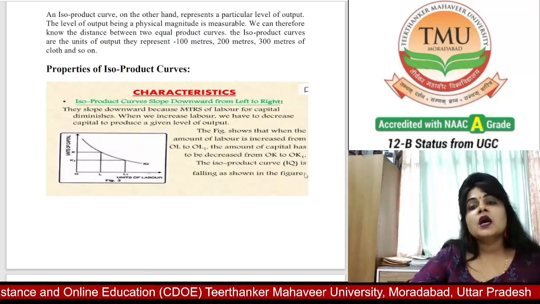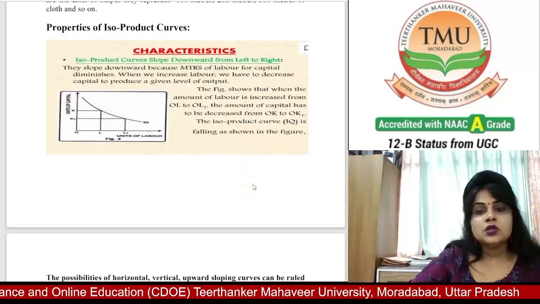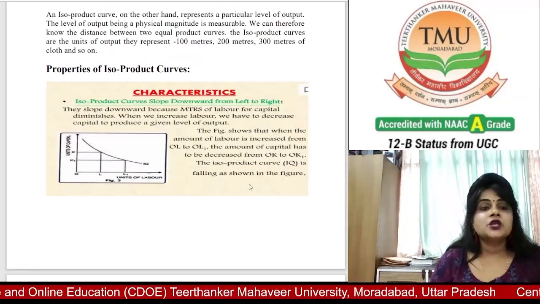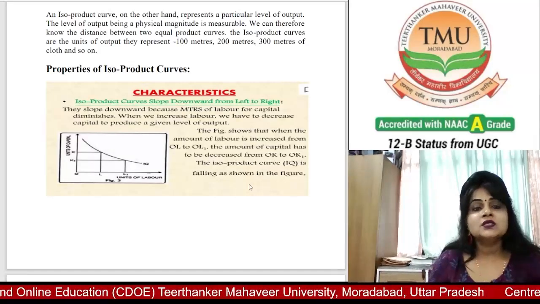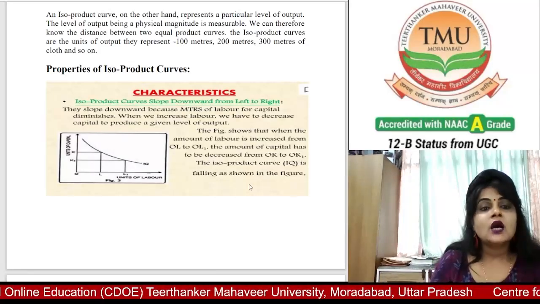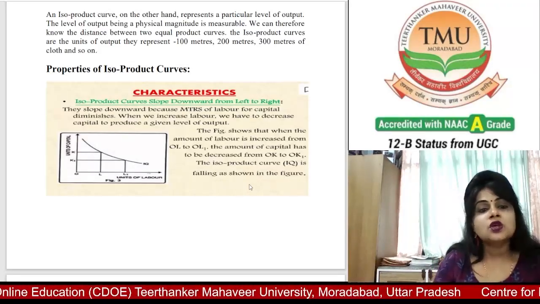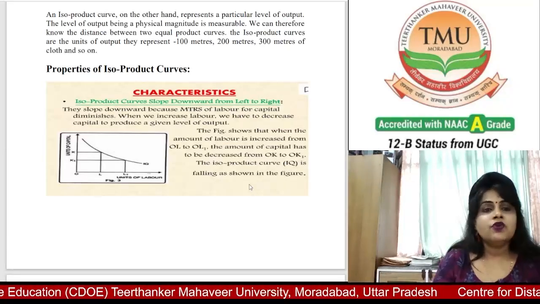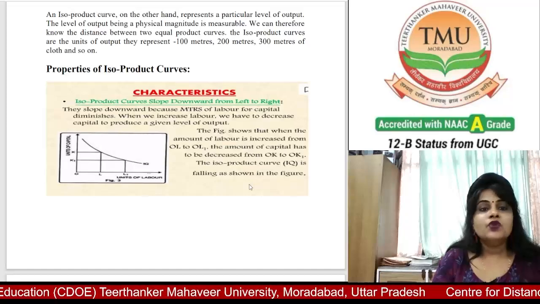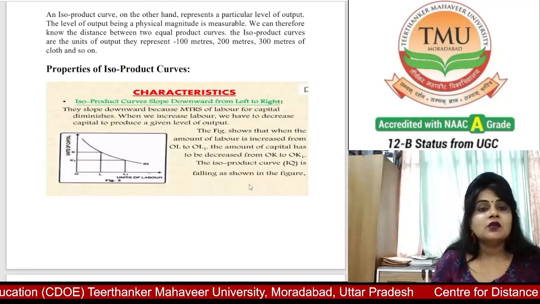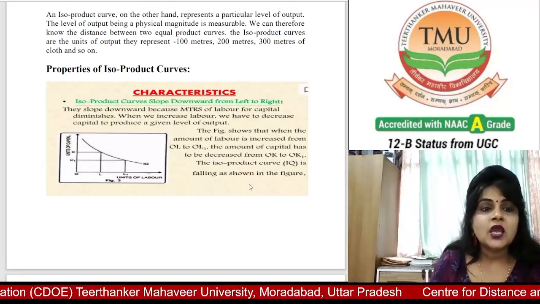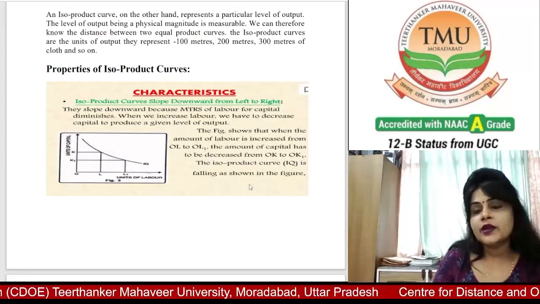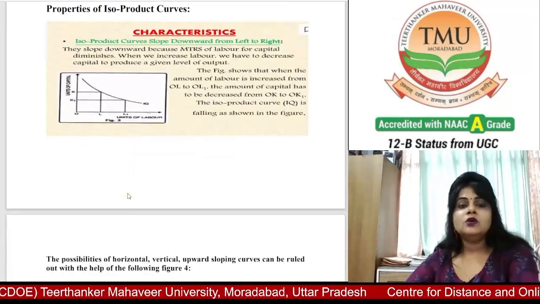The isoquant curve is falling as shown in the figure. This means the same level of production only occurs when increasing units of one input are offset with fewer units of another input. This property falls in line with the principle of marginal rate of technical substitution, as I have also understood about it. Now, next,